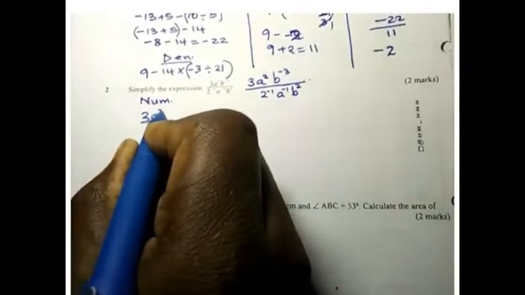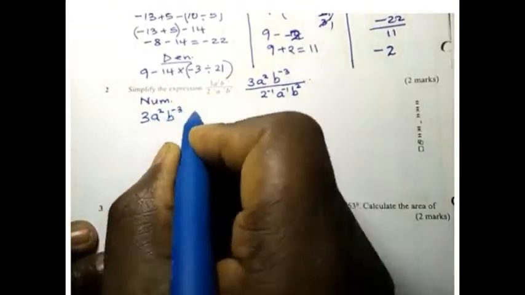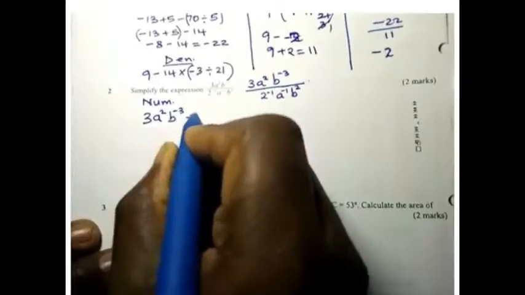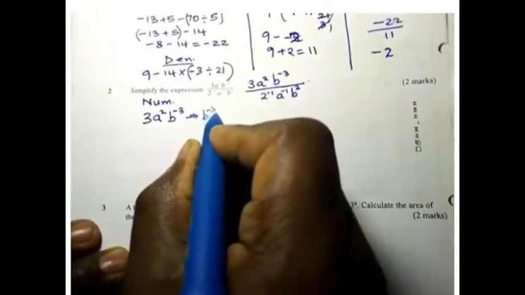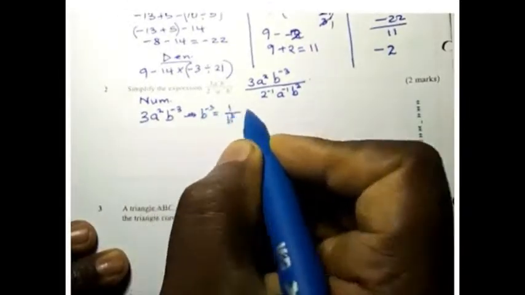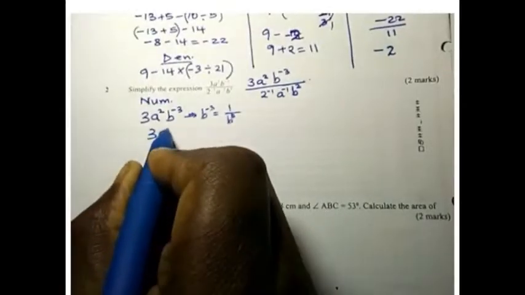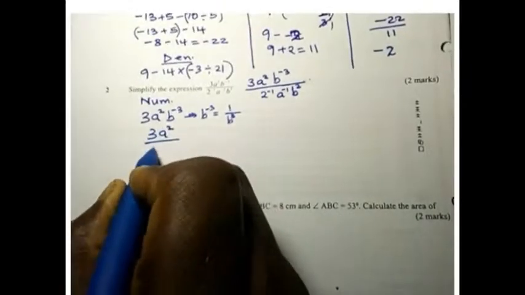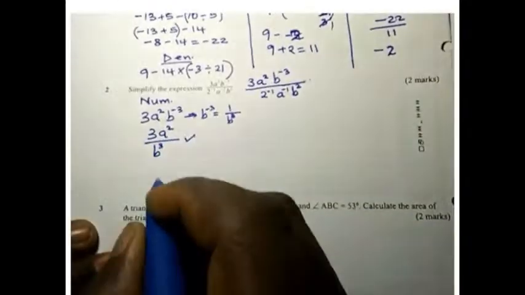3a square b minus 3. So b negative 3 is the same as 1 over b raised to power 3. So here we will have 3a square divided by b cubed. That is the numerator. The denominator,